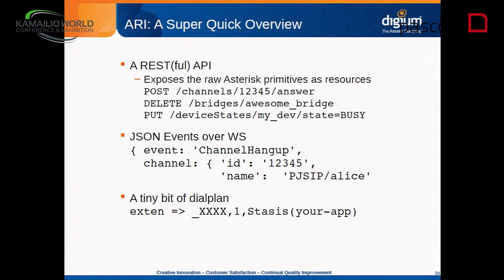Tying all of this together, there's usually just a tiny amount of dial plan that's necessary. As I said, the purpose of ARI is to allow anybody to build their own dial plan application. So the dial plan still has a tiny role, where you have to hand the channel over to the external application controlling it. We do that through a special dial plan application called Stasis. It's a very long story why it's called Stasis as opposed to something straightforward like ARI. This is sometimes what happens. Naming things is hard. But your app is the name of the application that your WebSocket registers, saying I'm servicing the events for your app. Then Asterisk starts sending you events for what's going on in the channels inside this application.